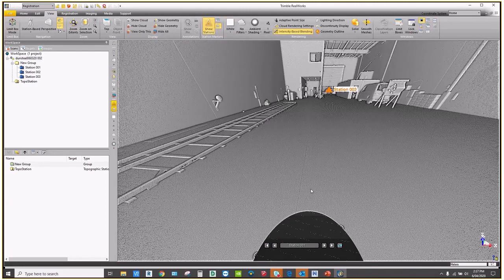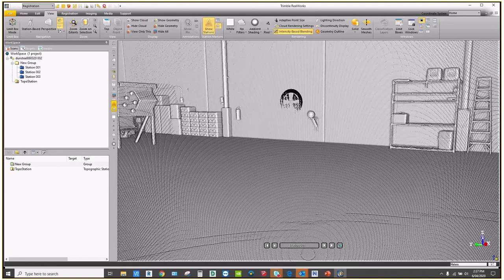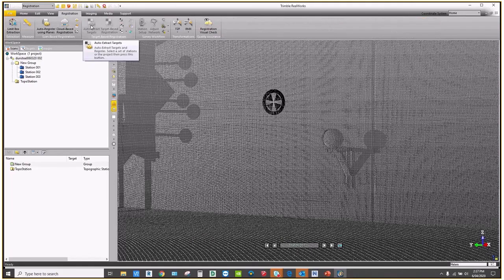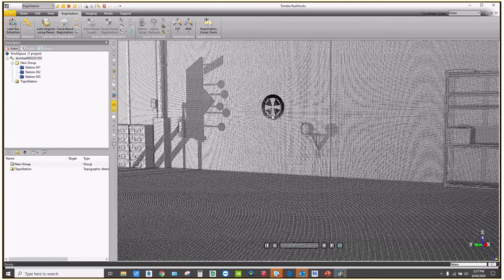What I've done up to this point is all I've done is import my control file. I've come in and I've gone auto extract my targets, which in this case were black and white checkerboards. So we just had them stuck on the wall around the warehouse here. Okay, so if I run this little georeferencing tool,